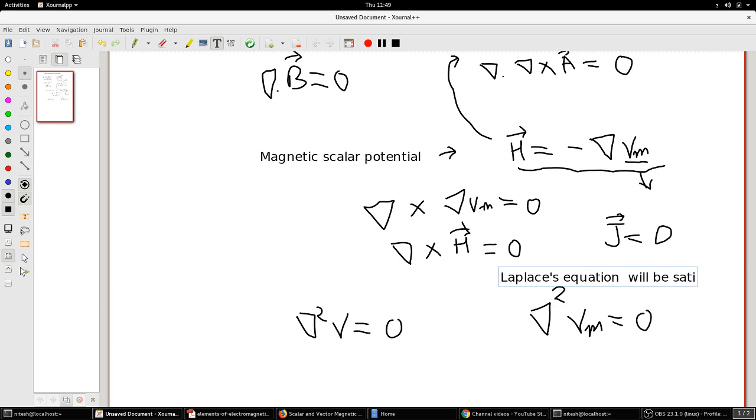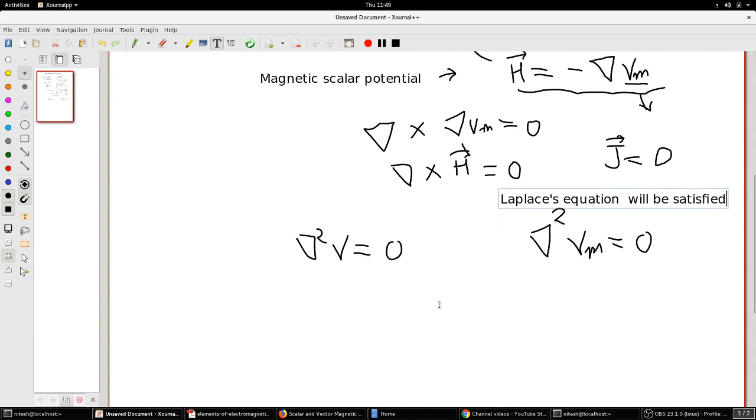This particular Laplace's equation will be satisfied by this magnetic potential. Okay, so one thing is we have defined Vm, and what we have also got is that Vm, the magnetic scalar potential, is defined only when